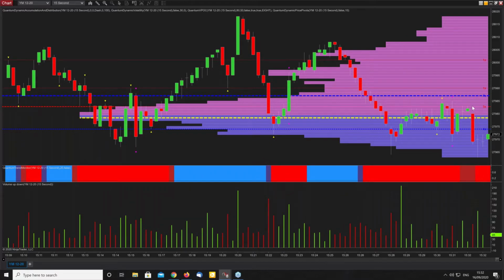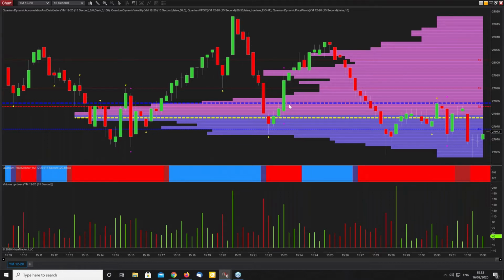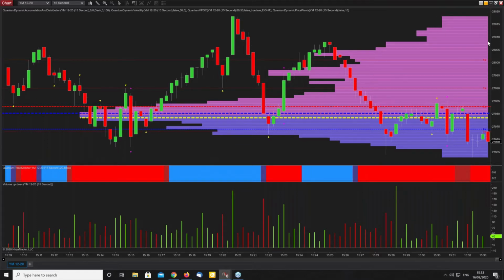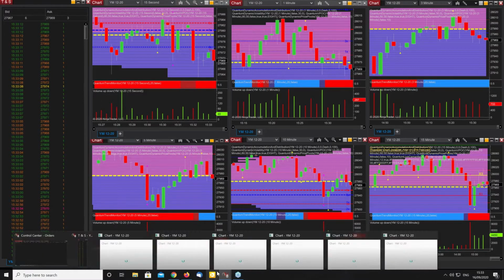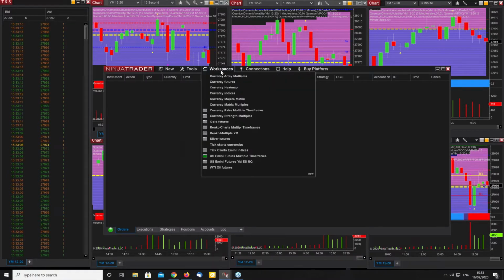The support and resistance, the volume point of control, the accumulation distribution here in terms of stronger levels and weaker levels of resistance and support. The volume, obviously, you've got the trend monitor on here as well. You've got the volatility indicator. All works in exactly the same way. So in terms of trading anything other than sub a minute, and there's really not a lot going on right now. Let's go and see what's going on in terms of commodities. Let's go and have a look at oil.